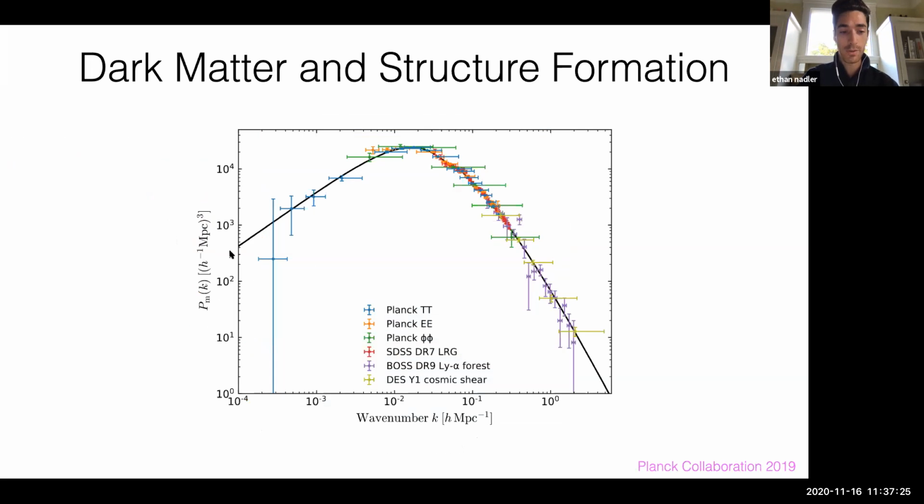So, maybe a more familiar way for cosmologists to think about this is in terms of the matter power spectrum. This very, very famous plot shows essentially the clustering of matter as a function of cosmological scale or wave number k, with larger scales to the left here, measured, of course, very precisely by the cosmic microwave background. And then as we move towards progressively smaller scales, there are precise measurements of this power spectrum using galaxy clustering, weak gravitational lensing, Lyman alpha forests, and so on.